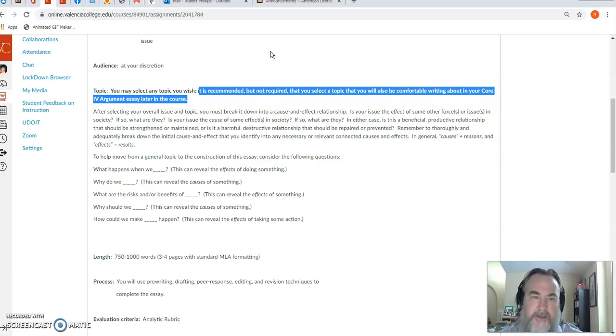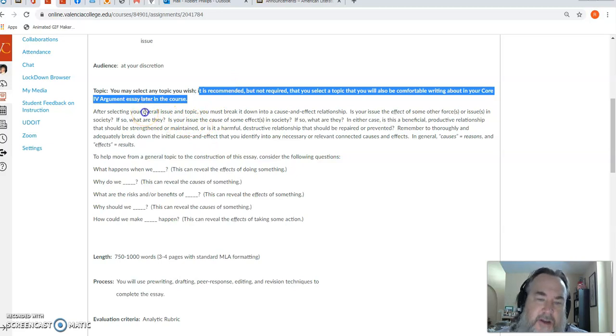But either way, I want there to be some correlation between this essay, excuse me, and your next essay, where your 4th essay, your persuasive argument essay, argues how we can accomplish what your core 3 essay explains, the cause and effect relationship, and then what we can do about it. That's the way I want these 2 essays to work. So even if you do decide after the 3rd essay to change topics, that's fine. You'll still use the same process, but hopefully it'll be much easier for you if you do stick with the same topic for both essays.